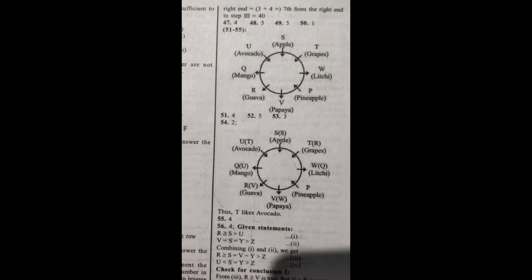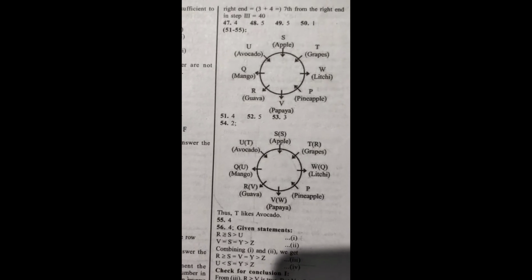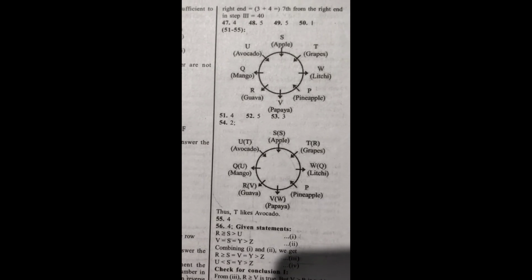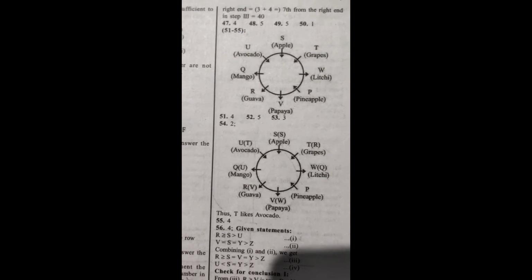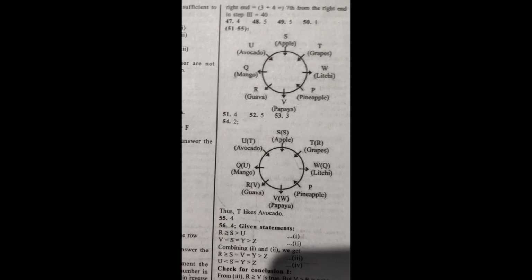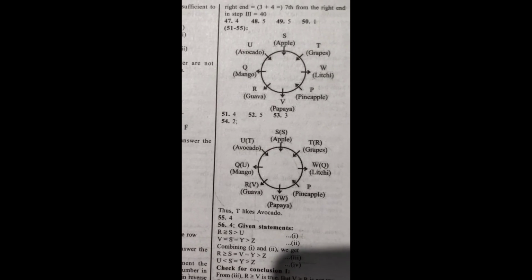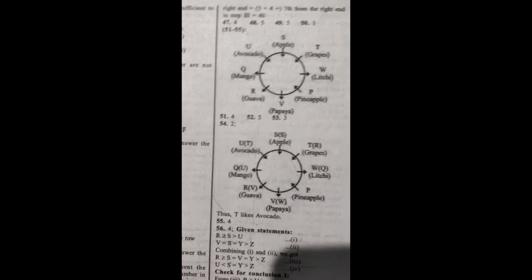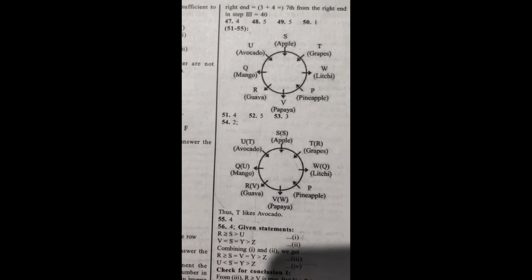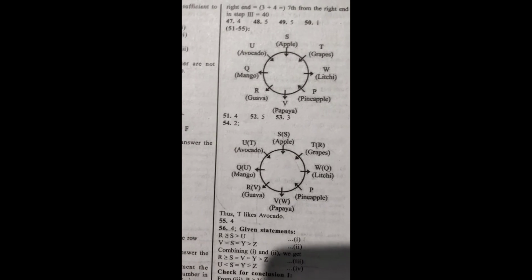or a square. But when the question is a little bit twisted, like they give some persons facing outside or inside, or some persons facing north while others south, then here the thread method plays a vital role. If you solve the same question by the thread method, then it will take very less time, but if you solve the same question by the traditional method, then you will get confused and it will take more time.